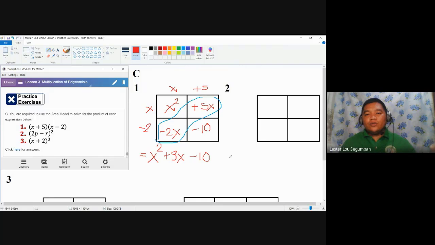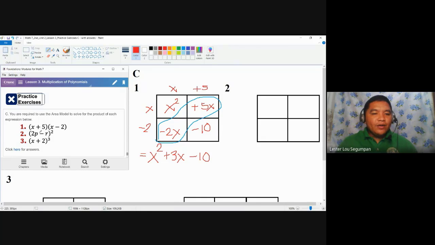If you want to find out what is the result of these two binomials multiplied to each other under the FOIL method, you may view the previous video, but I can assure you we have the same results here. So again, it's now up to you which method is more comfortable for you, easier for you to follow, or any other methods aside from these two, as long as they follow the correct mathematical procedure. Now, this is the answer for number one.